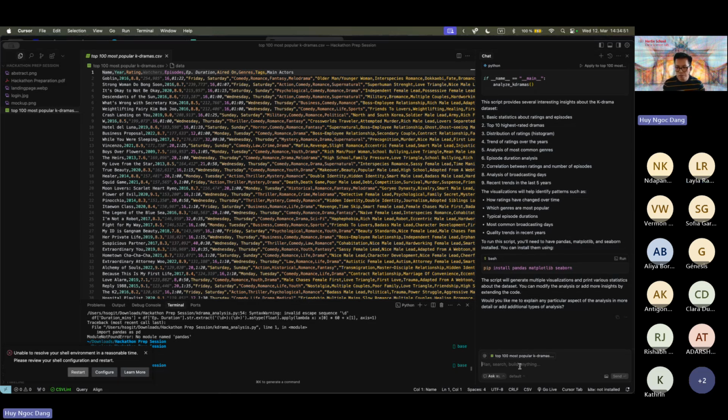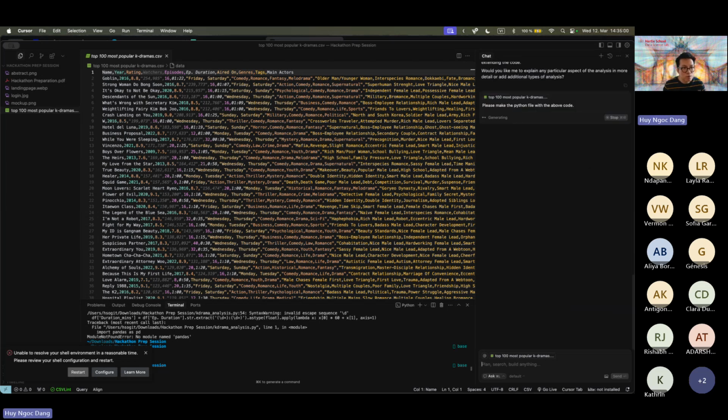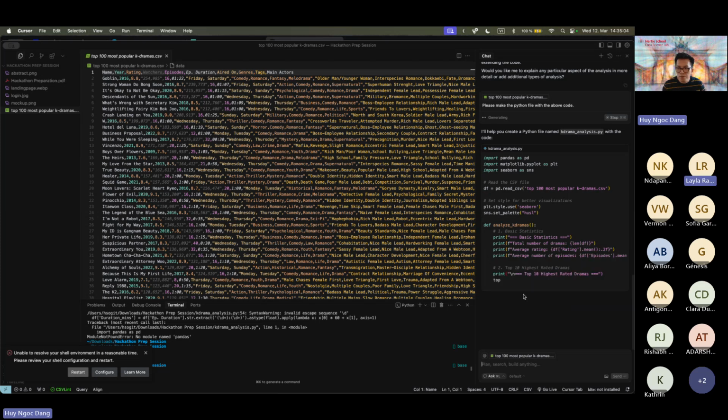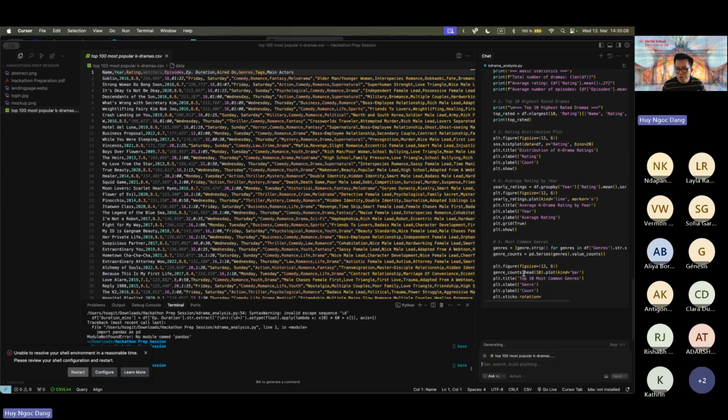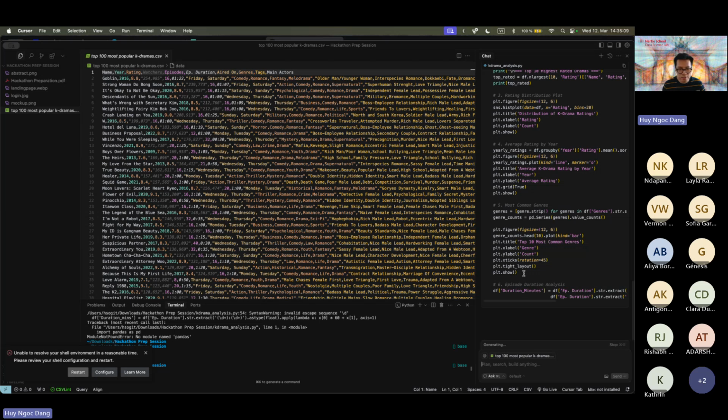And then I can just ask it, please make the Python file with the above code so that it can also generate the file for me, because I'm being lazy and I don't want to copy and paste.